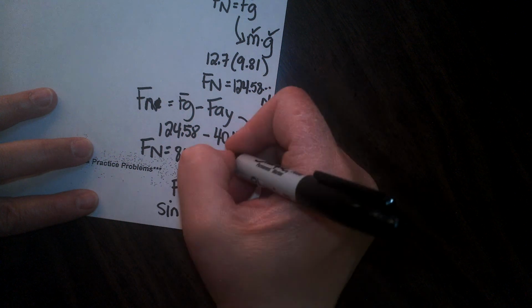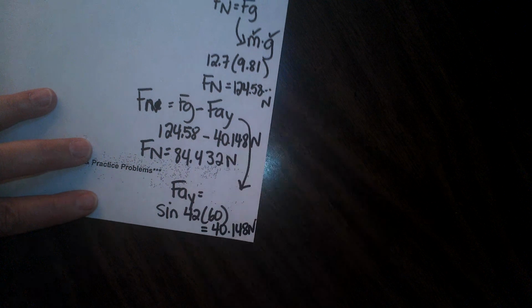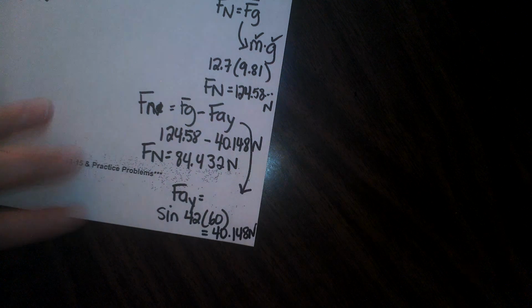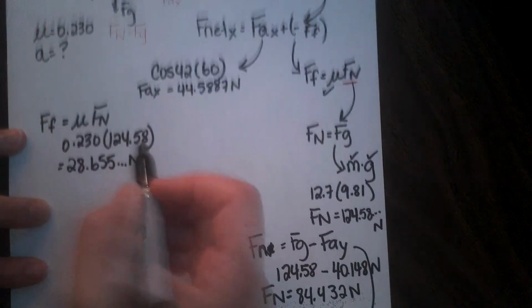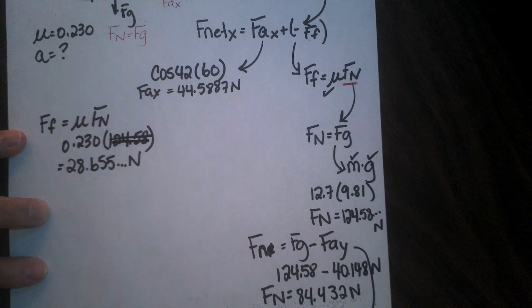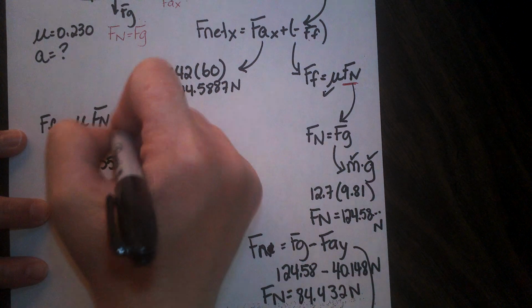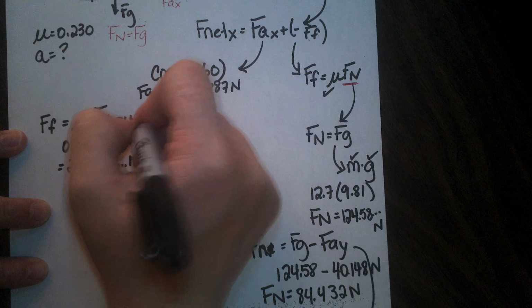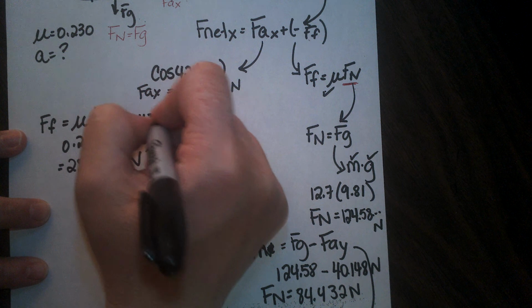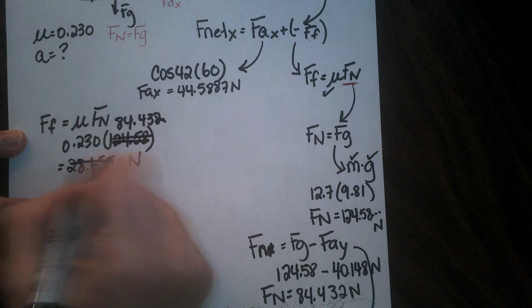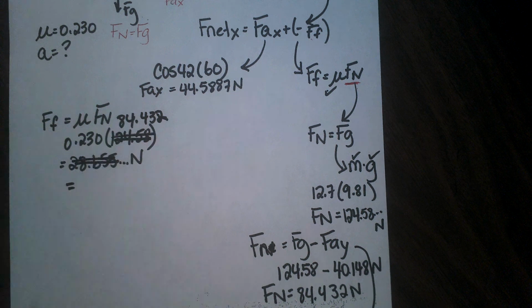Okay, I used the rounded number, so I'm just going to put that, but you write down what you got, okay? So now we can go back up, make the correction here, 84.432, and we can say that it is equal to